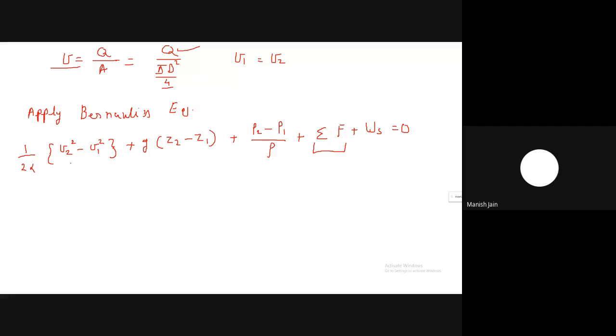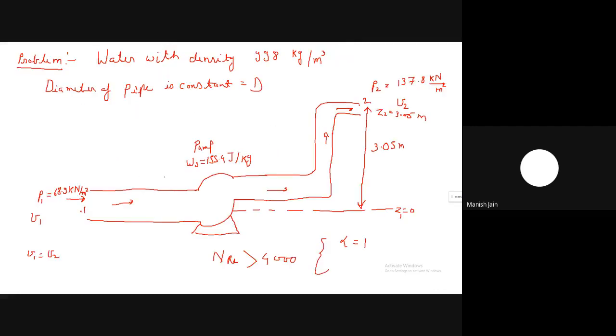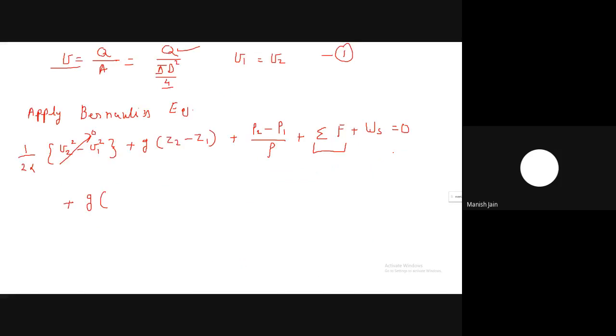So V1 equal to V2. This is equation number 1. From equation number 1, V1 equal to V2, so this term will be 0. The difference in the kinetic energy will be 0. So g times Z2 minus Z1, that is 3.05. The difference in the elevation of the two points is 3.05. So here you can write g multiplied by 3.05